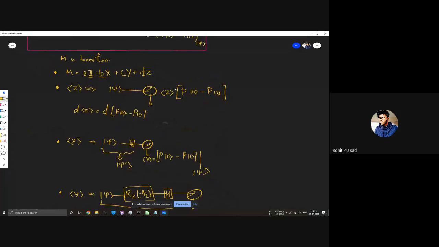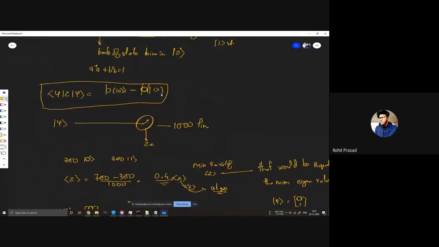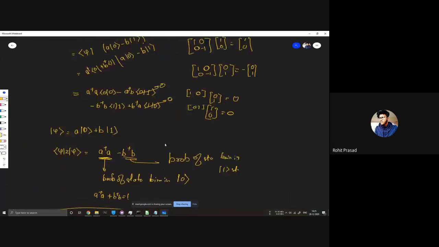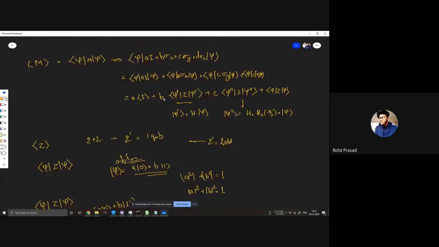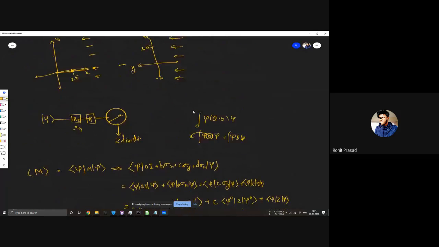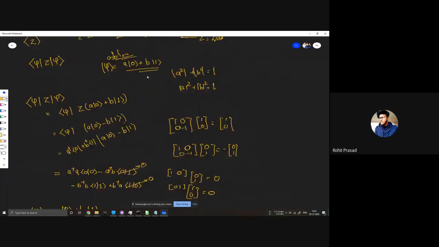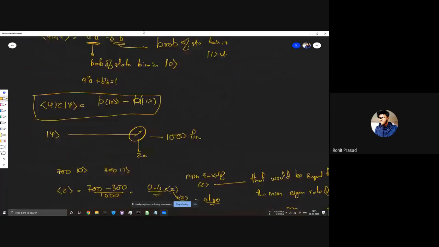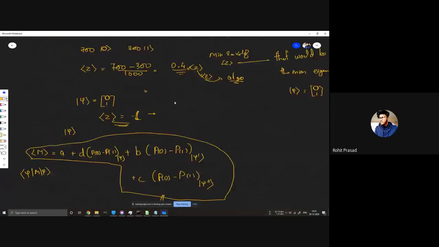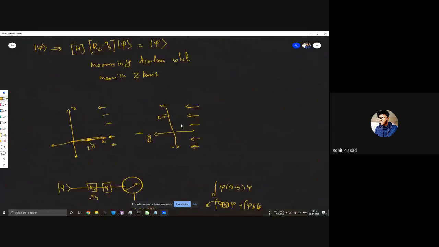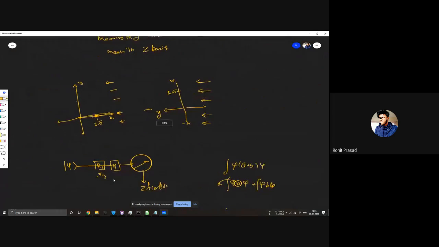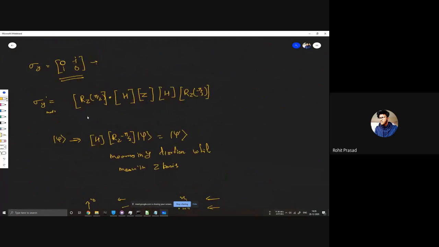Where did we formulate that one? Should be z. I just want to make sure, yeah. So your sigma y is something like this.